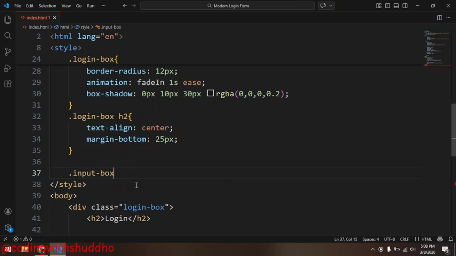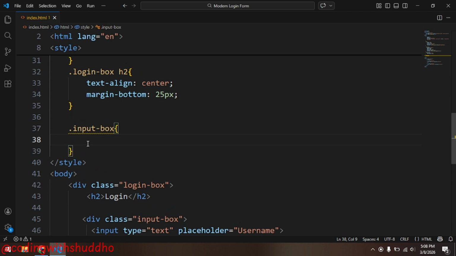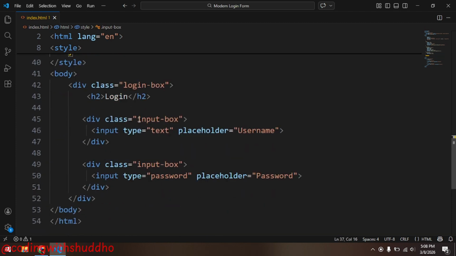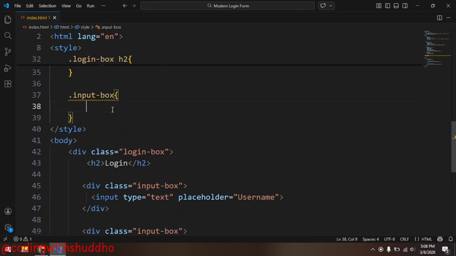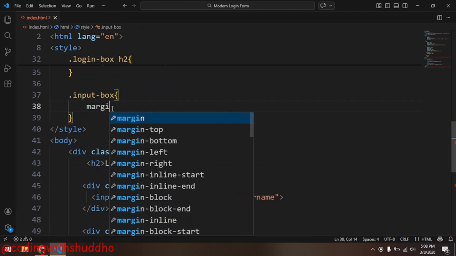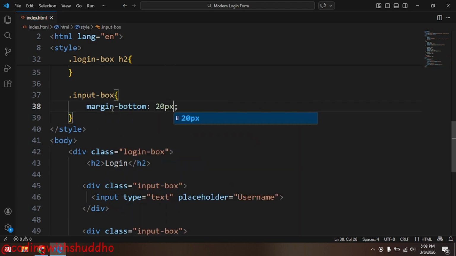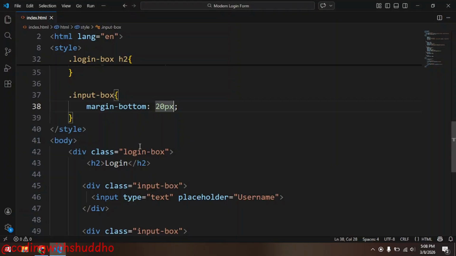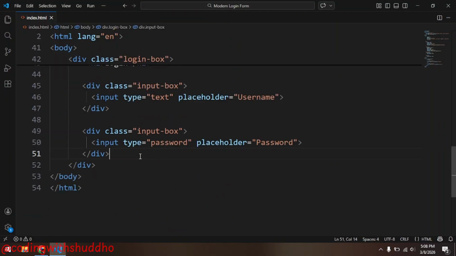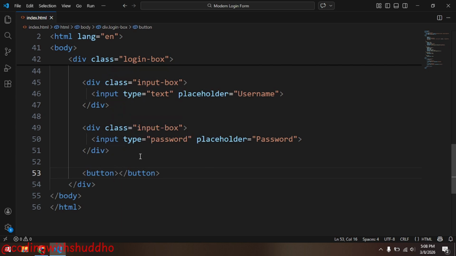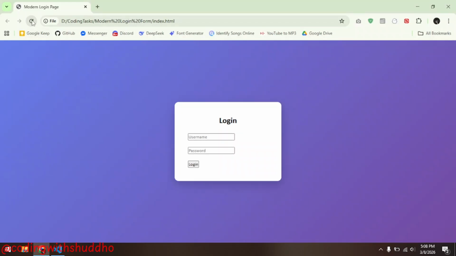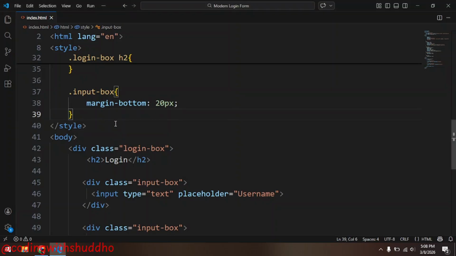Now I'm going to access input box. I think you know that I'm going to access input box and it already exists in this. So input box and margin bottom 20 pixel. Let's see. Yeah, I forgot to add a button which is all about login. Yeah, so now